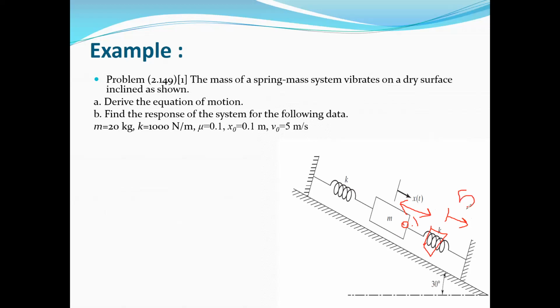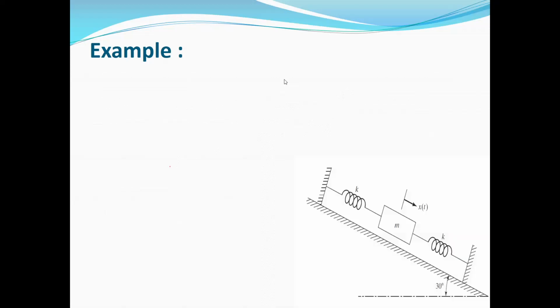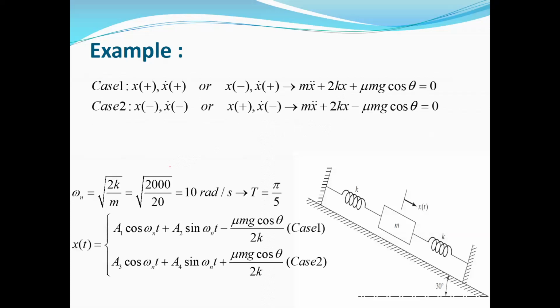So it's in the positive direction of x. In this case, we can solve the equation of motion. And for case 1, if you solve the equation of motion, this is the response